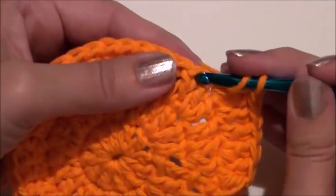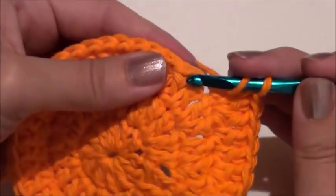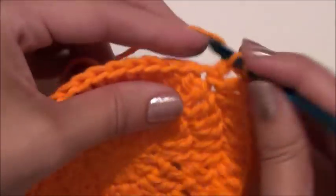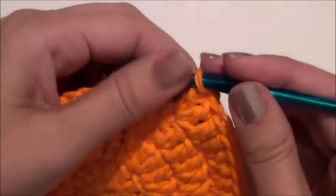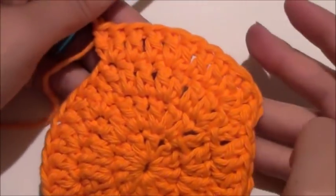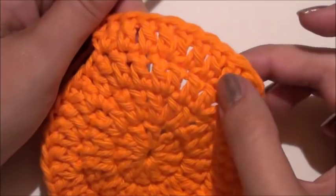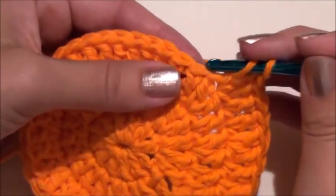So you have 2 and then 1 and then 1 and then 2 and that's the pattern. So 1, 1, 2. You're going to do half of the stitches, which will be 24. So I'm at 12 because I'm going to count the slip stitches. 1 and then 2, 3, 4, 5, 6, 7, 8, 9, 10, 11, 12, 13, because when you get to